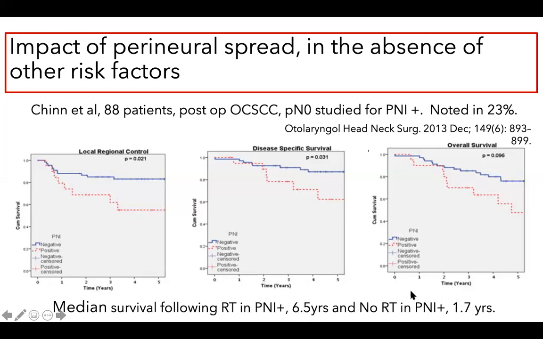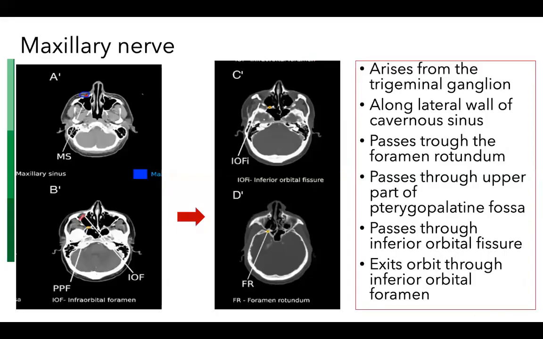We also know that for perineural invasion, the dose prescription for tongue has been recommended in the textbook as 66 Gray. We also know from Dr. Anand's excellent paper on gingivobuccal sulcus tumors that perineural invasion continues to be a risk factor in patients undergoing radiation. So again, when we are drawing the target, we need to know how these nerve pathways go.